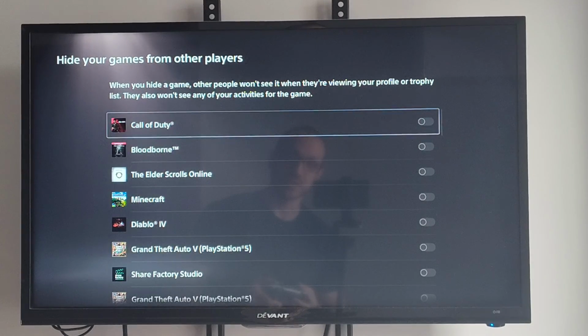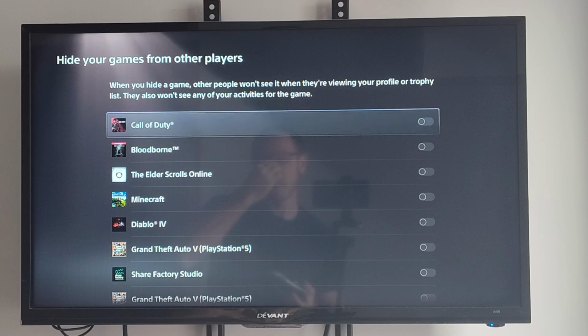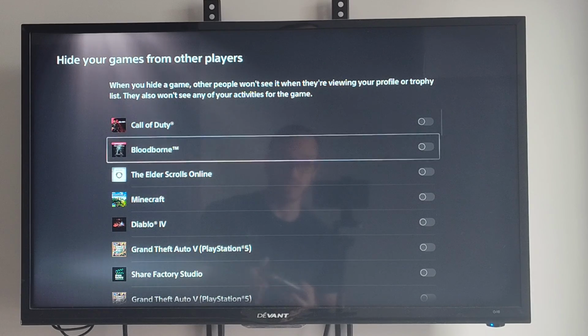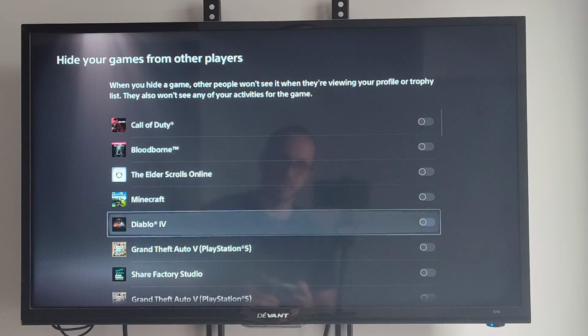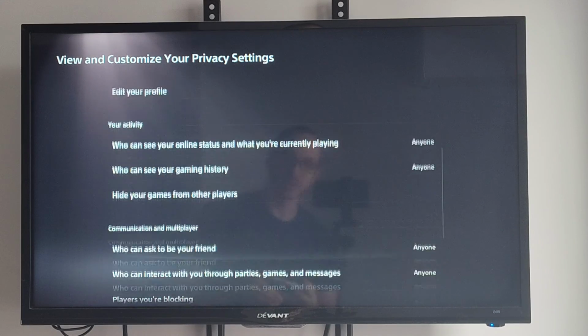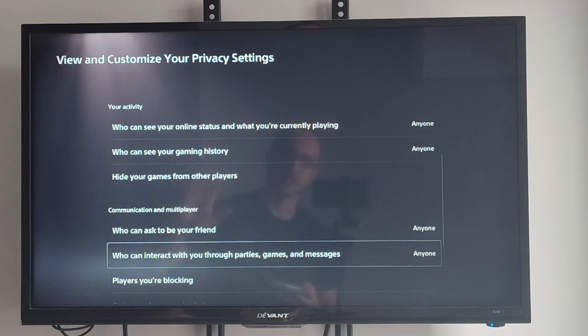So if we select this, we can select only one game. So maybe you're playing like a single player game and you don't want friends to see that you're playing that one specific game. You can go to like Bloodborne right here. So you can keep your multiplayer games checkmarked and then your single player games unchecked. And then you should be able to be good to go to specifically hide any kind of game from your